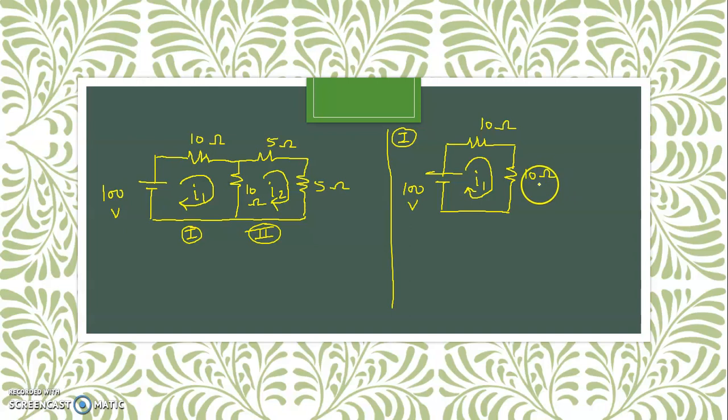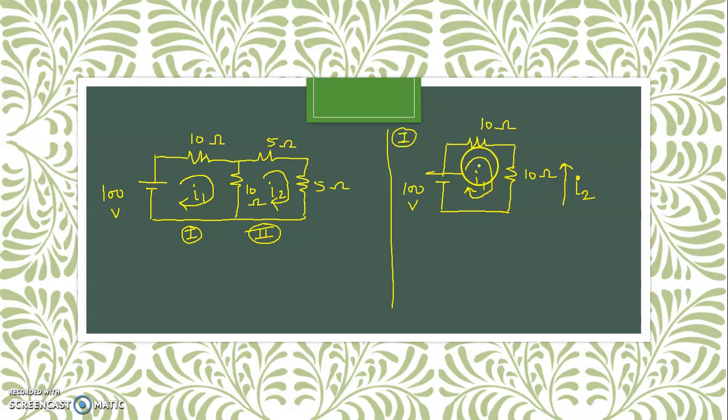Now let us consider this 10 ohm resistance. If I check the original circuit, I find that through this 10 ohm I have another loop current flowing, and the direction of that loop current is opposite to the direction of I1. Means I1 through this 10 ohm is downward, whereas the second loop current I2 through the same 10 ohm resistance is upward. So now how to write the expression?